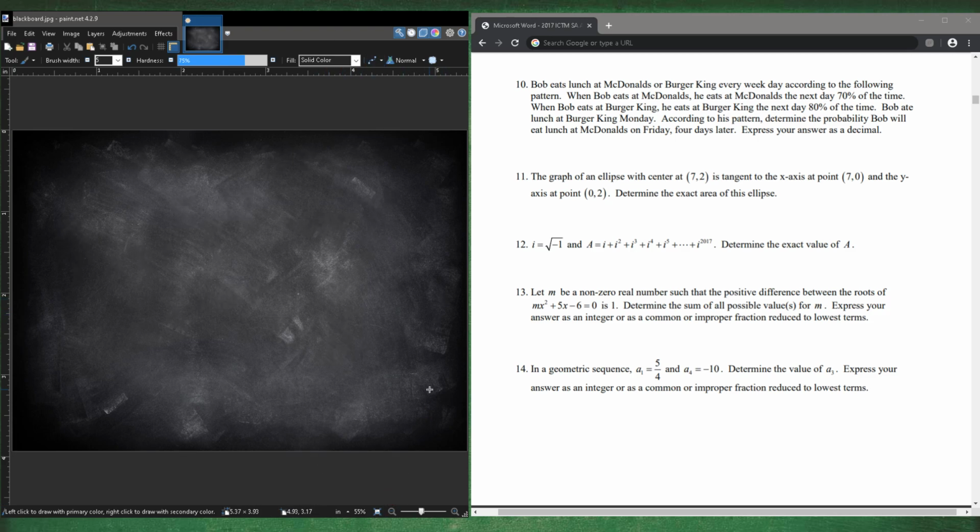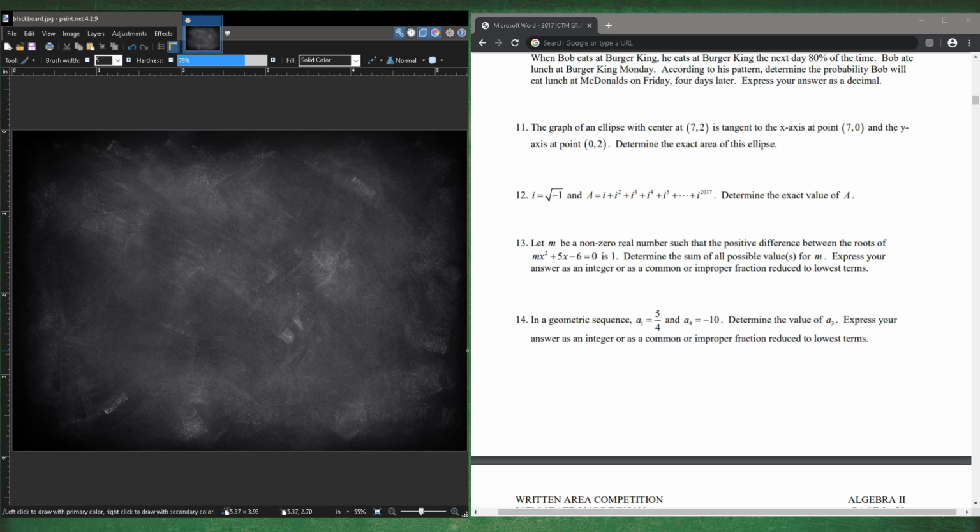Okay, so that's number 12. Number 13. Let m be a non-zero real number such that the positive difference between the roots of mx squared plus 5x minus 6 equals 0 is 1. Determine the sum of all possible values of m. So they said that